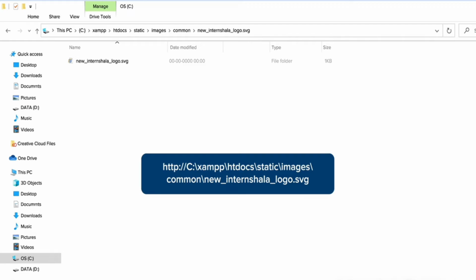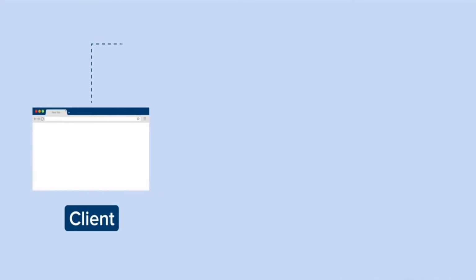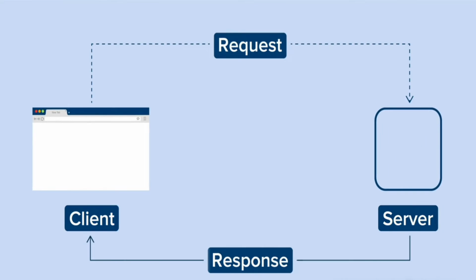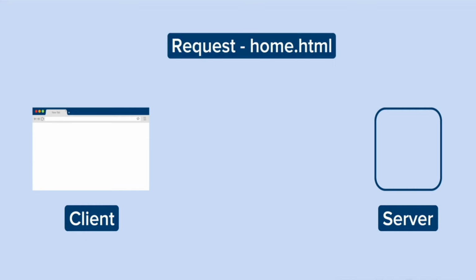Now, both these parts are preceded by HTTP or HTTPS. This complete URL is also called an absolute URL, and using an absolute URL, we can access any resource on the internet. Now, as you are already aware of a client-server communication channel, how does the communication occur when we have such tags in our HTML file? Suppose this code is saved in the HTML file as home.html.